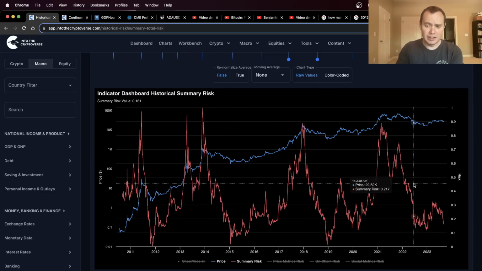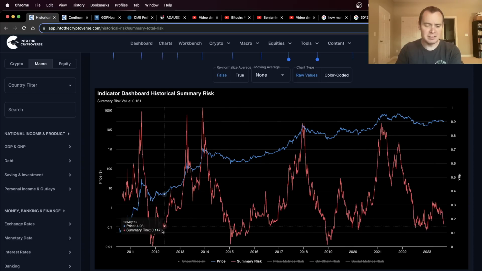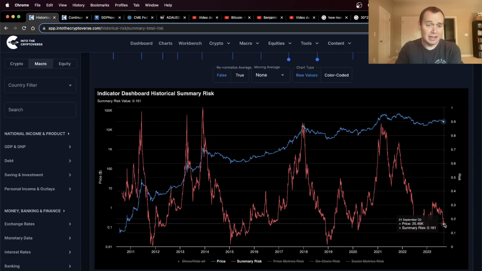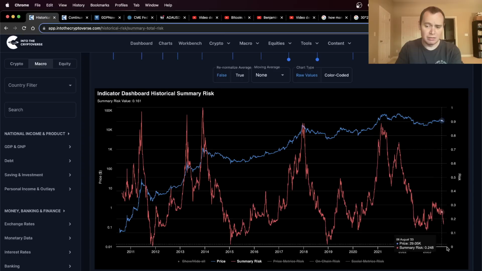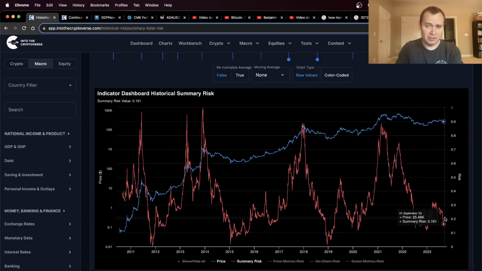So I think when you look at this, it's not that hard to imagine that perhaps sometime late this year, early next year, we might find ourselves in that 0 to 0.1 risk band, which is where we tend to find ourselves every few years. And again, it could occur at Bitcoin prices of 13K, 14K, 15. I would even think that even 17 or 18K, you would see it, somewhere near these lows. So it all depends on just how aggressive the Fed's going to be and how far they're willing to raise interest rates before they finally feel the pressure to pivot back to QE. And I think that's ultimately what we're facing right now.